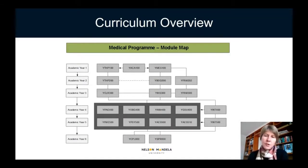Now, coming back to those first 3 years, we build foundations in the basic medical sciences in the first year. In second year, this spirals up to anatomy and physiology, and in third year to learn about the abnormalities in integrated pathology. We also pay attention, though, to supporting you through in a module called academic literacy and reasoning. And then there's a spiral called theory and practice of medicine in the first 2 years, which spirals into clinical